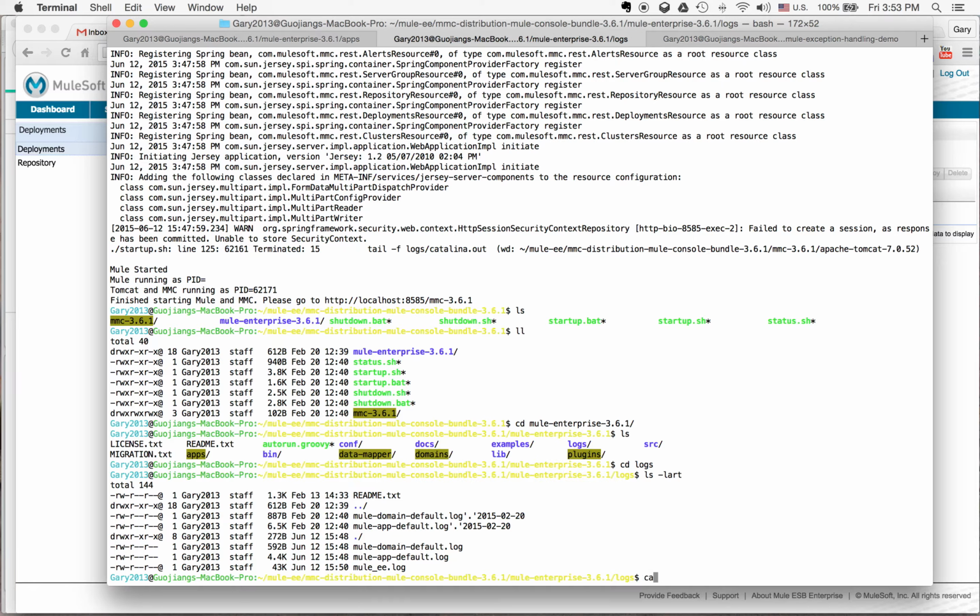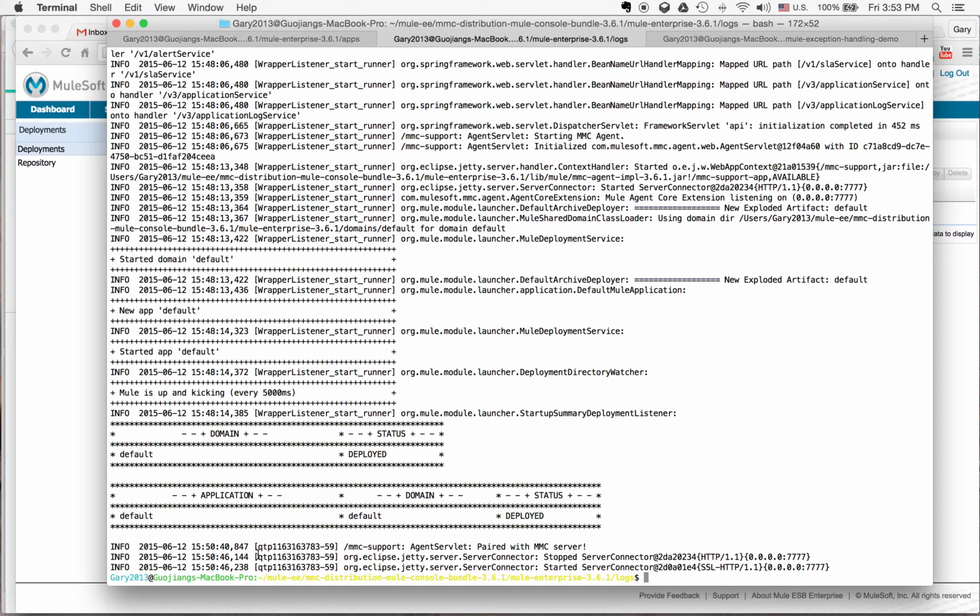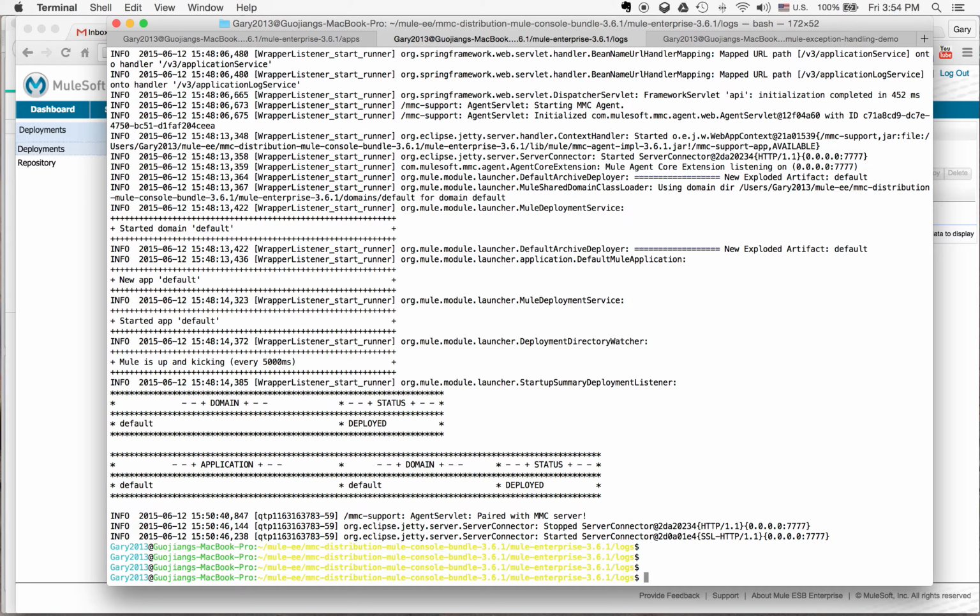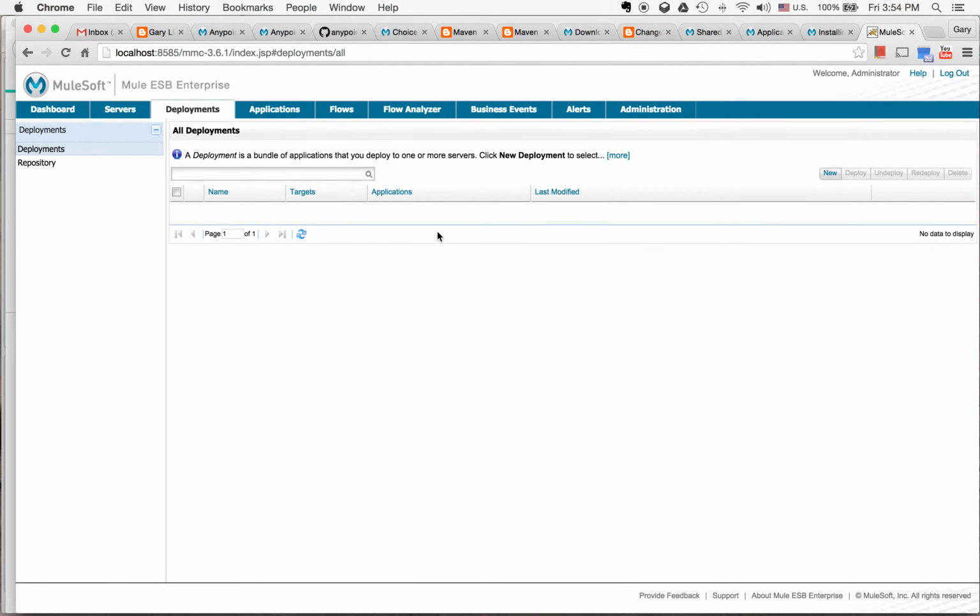Let's see what's inside that log. Oh, underscore. Right. Yeah. So it's saying that it started. This is the server and HTTP under this port, right? Those are the agent port information, etc. So this is the log. When something happens, it will try to log here, and here's the default domain. When there's nothing, they will start a default application. Actually, it's an empty application. Let's see if I have that deployment. It's nothing. But anyway,